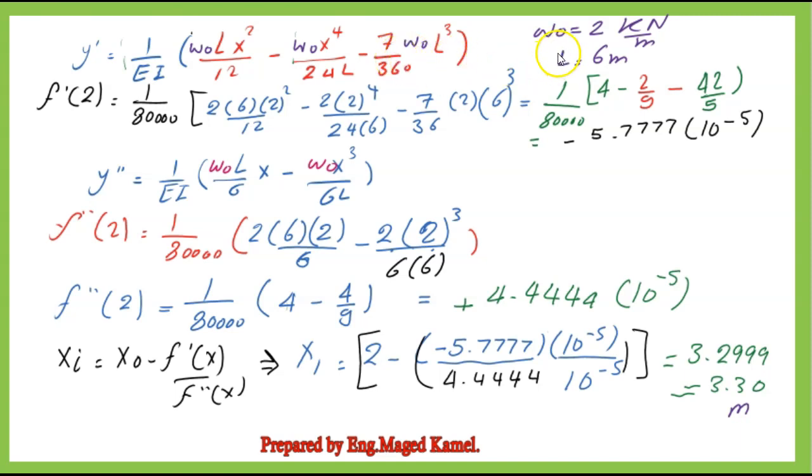We have W naught, the maximum value of the triangular load, equals 2 kilonewton per meter. L equals 6 meters. So f dash of x naught, where x naught equals 2, our starting point, will be equal to 1 over EI, or 1 over 8 by 10 to the 4, open one big bracket, 2 multiplied by 6 multiplied by 2 raised to the power of 2 divided by 12, minus 2 by 2 to the power of 4 divided by 24 by 6, minus 7 over 360,